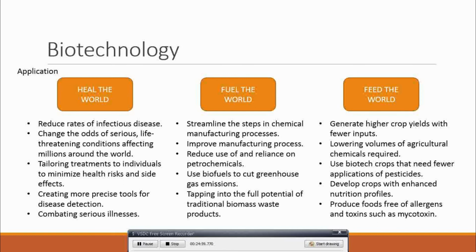Change the odd, serious, life-threatening condition of affecting millions around the world. Yalah, bila vaksin dah ada, semua manusia sejagat akan menggunakan. Then minimize health risk, side effect, okay, creating more precise tools for disease detection. Okay, sekarang ni orang pergi ke arah detection machine, right? Contoh dulu,